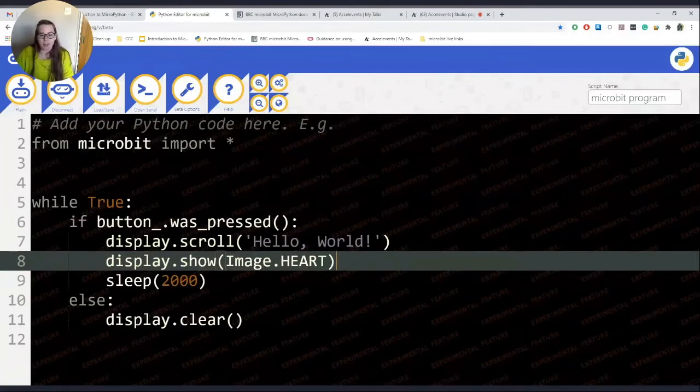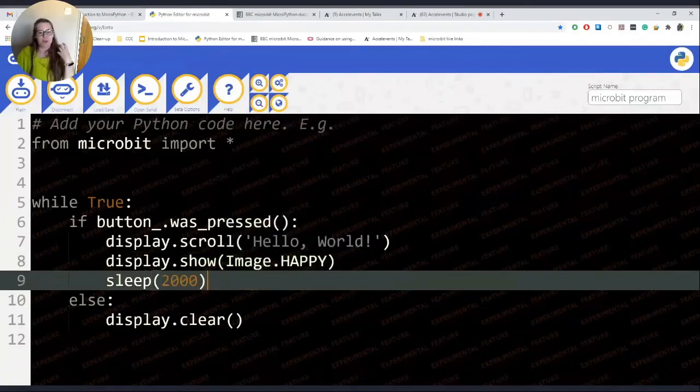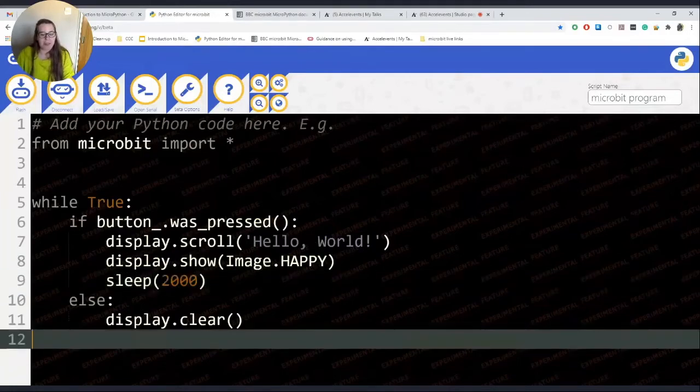So there's a lot of built-in images. Again, if you've used MakeCode, all of the icons that you have in there, I think they're all the same. One of my favorite things to do with groups is to show them the happy face, to show them the happy image. And if I don't have the autocomplete on, I will ask them to test out some different images and just see what works and what doesn't. And if I mention, say, the duck is one of my favorite images, they'll try other animals and they'll come up with some that don't work.